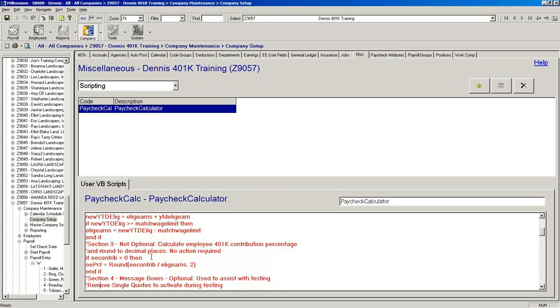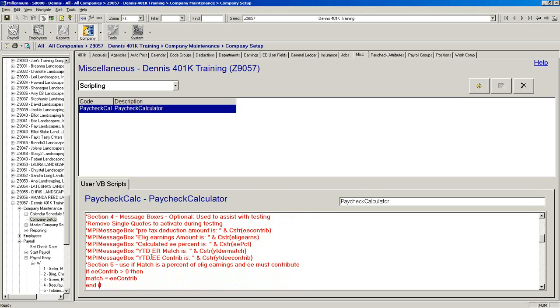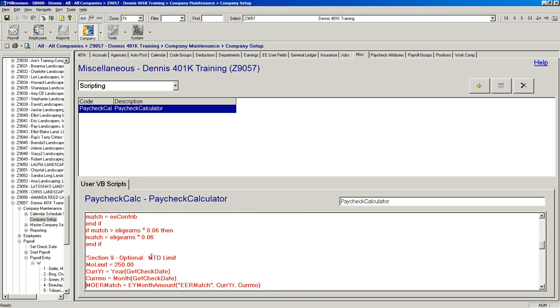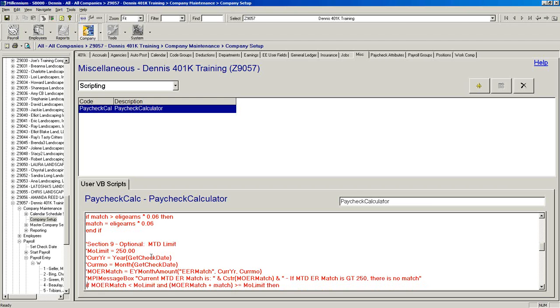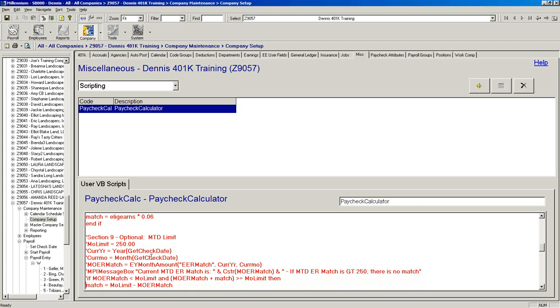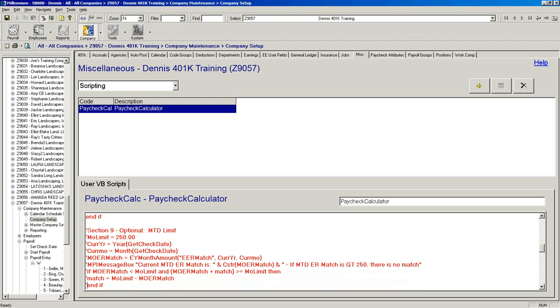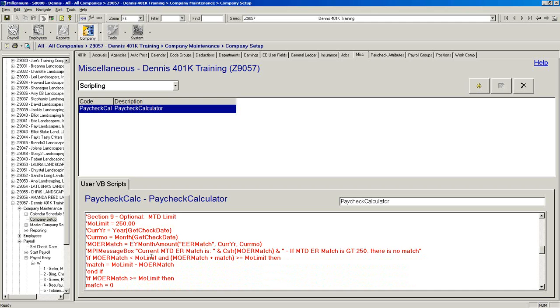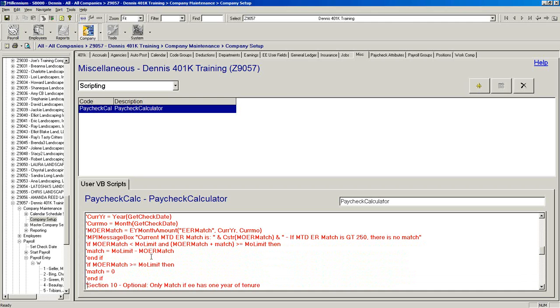So bear with me a second while I scroll through the 85,000 other lines of this stuff. Do I want this? I don't want a month-to-date match. So I'm using my quotes. Just remember the quotes. If I don't want this to be used, I just put a quote at the beginning of each line in this section, and it is ignored. I wish I could do this to my kids. Here, put a quote in front of you.